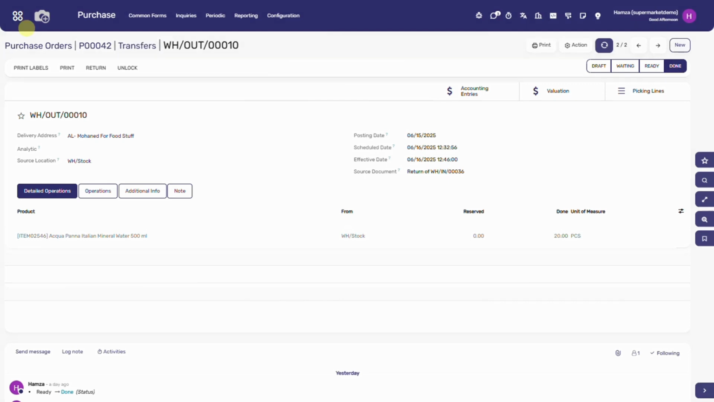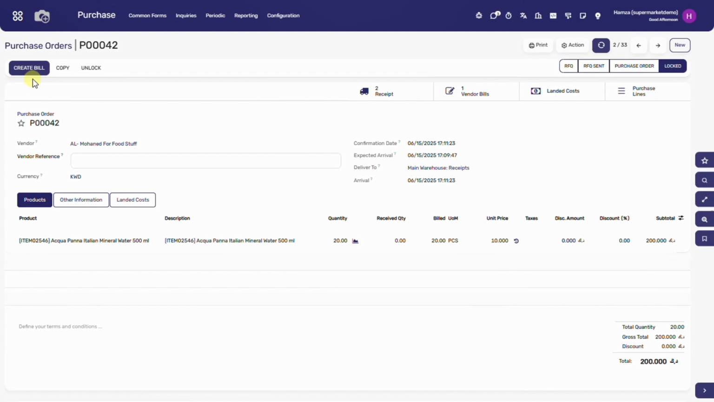Now kindly note that once you have validated the return, you need to create and post the credit note as well, as we have created and posted the vendor bill. So for that you need to go to the purchase order, and here you will find an option of create bill. So you need to click on create bill,